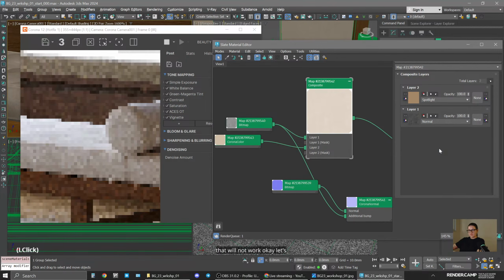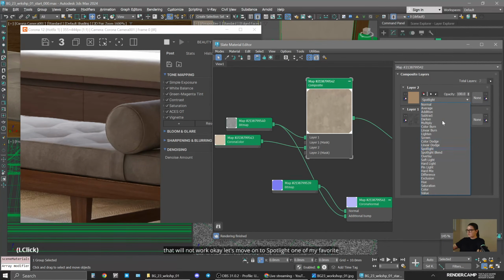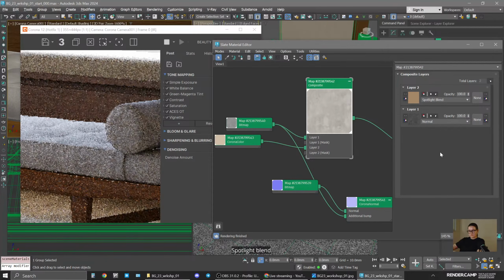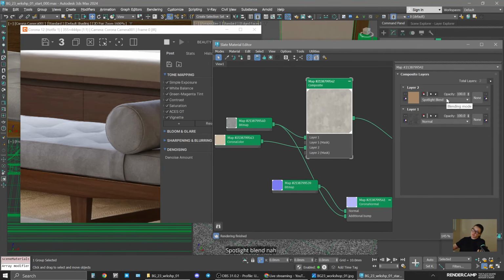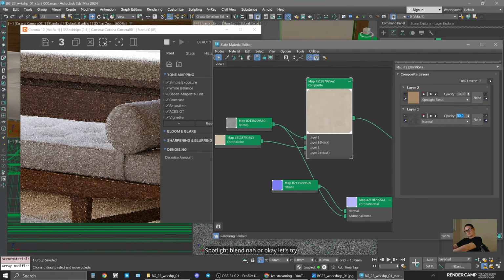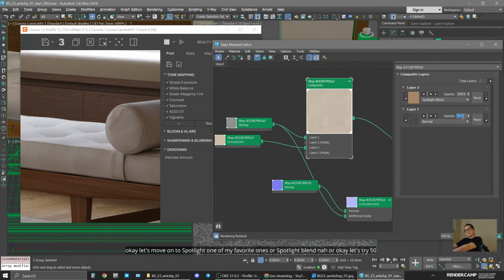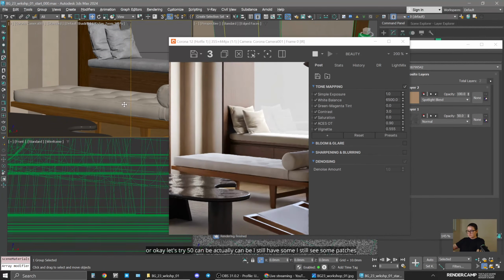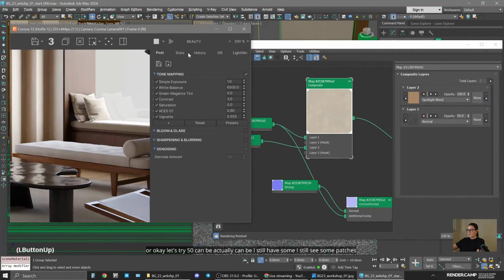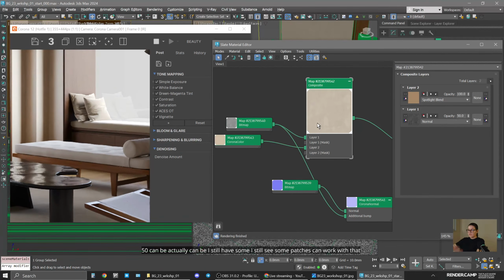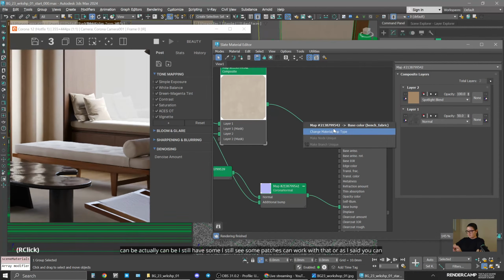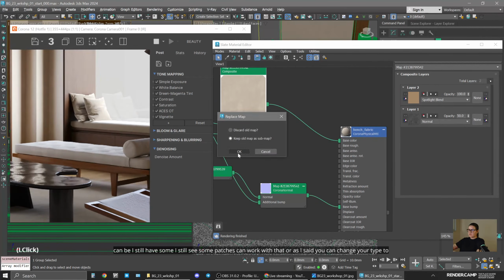Okay, let's move on to Spotlight, one of my favorite ones, or Spotlight Blend. Nah. Or, okay, let's try 50. Can be, actually. Can be. I still see some patches. Can work with that. Or as I said, you can change your type to color correction and make it lighter,